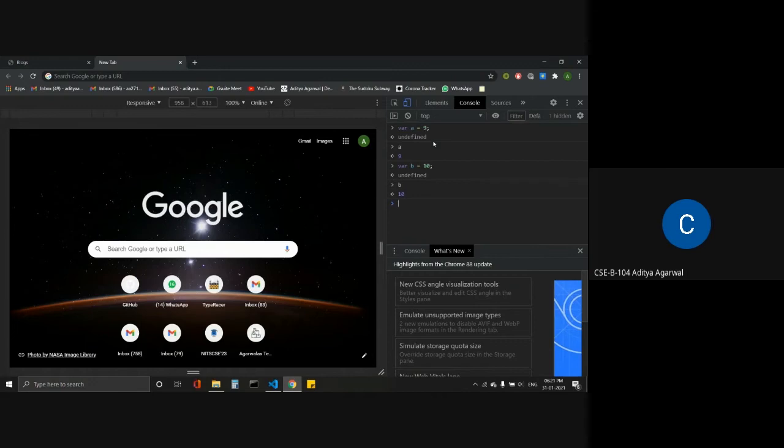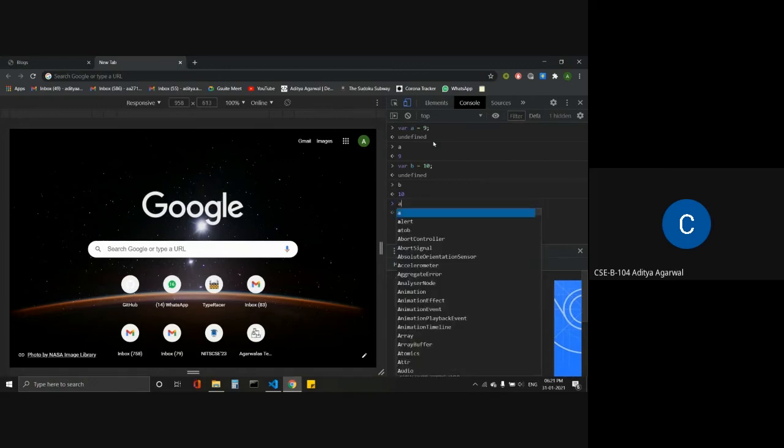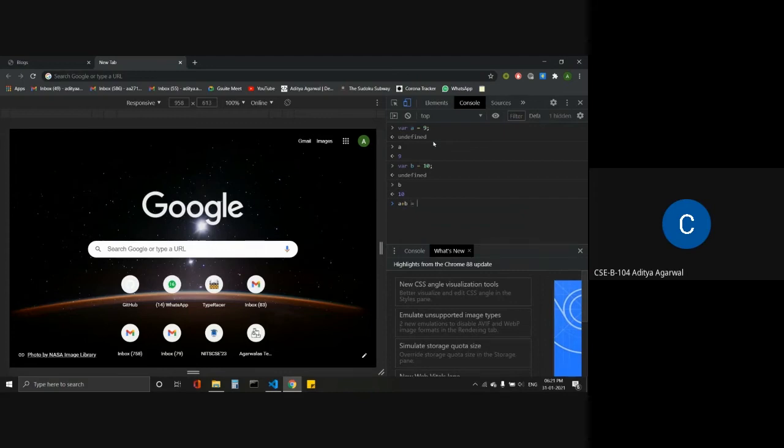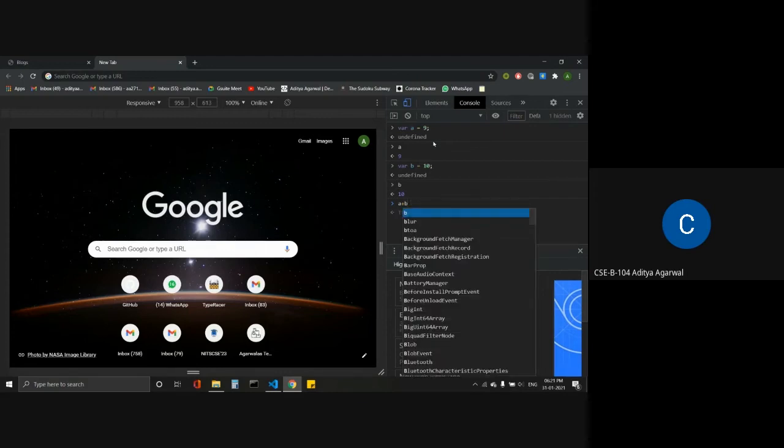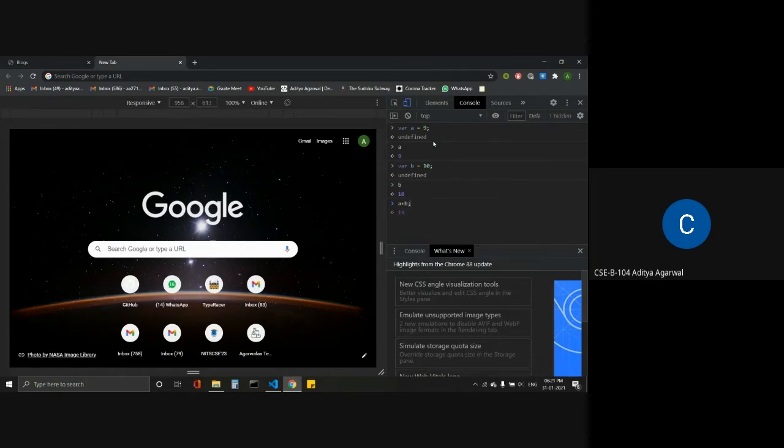I can add two variables via the plus sign. A plus b, enter. Every JavaScript statement should end with a semicolon.